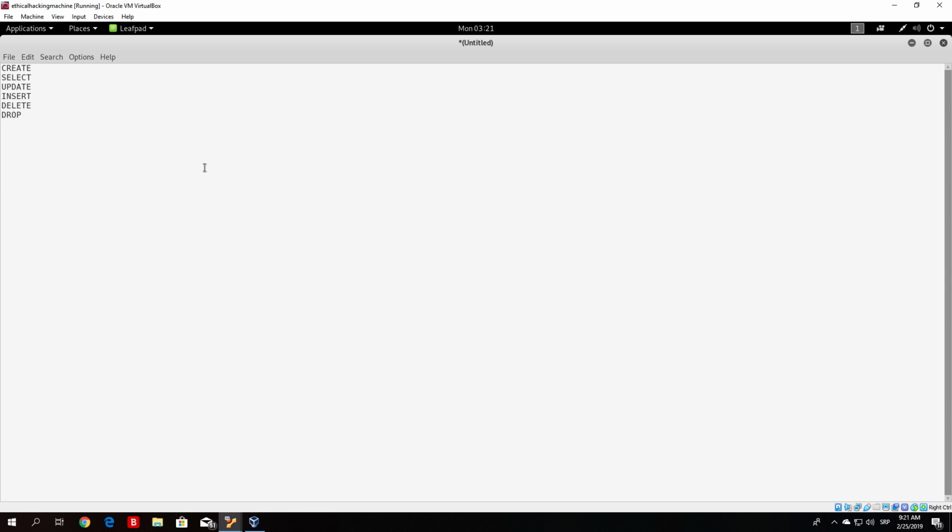For example, you want to delete a user. He decided to, for example, close the account and you want to delete it from the database, you will do it with the delete command. And drop basically deletes the entire database itself. It can be very dangerous if the site is vulnerable to SQL injection. So for example, let's say Facebook was vulnerable to SQL injection and you just type there drop and the name of the database, you would basically delete the entire database of users and passwords,